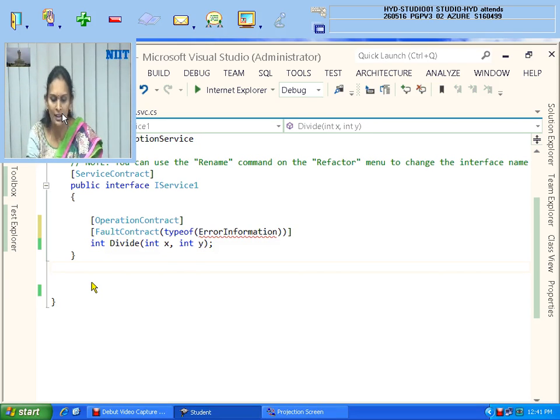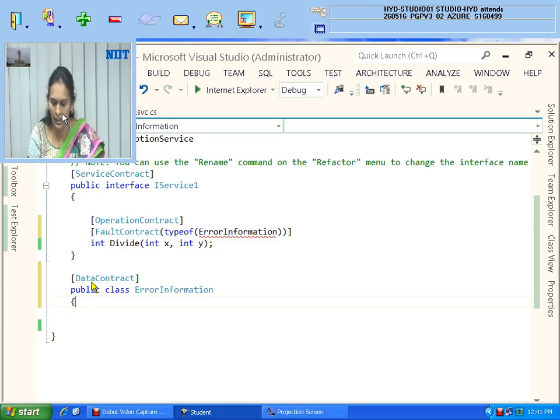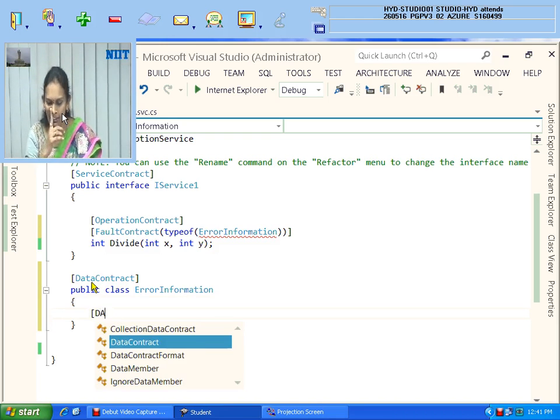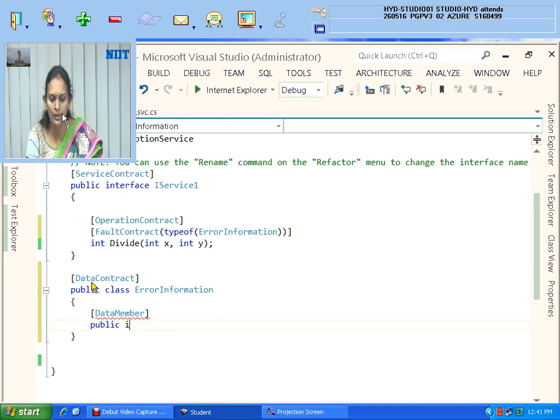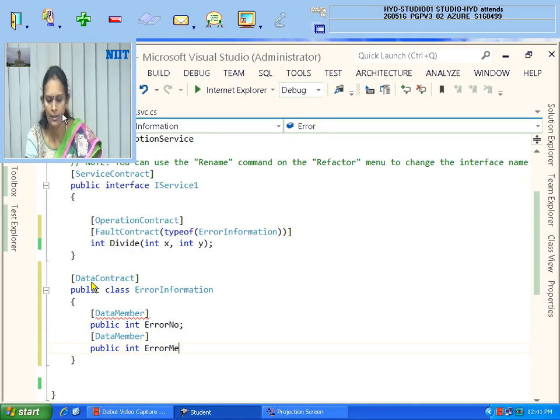So it's your duty to use the data contract. You need to create that public class ErrorInformation. Give the class, and inside this declare some members to inform the error number and error message. Give it as public int error number, and public string error message.